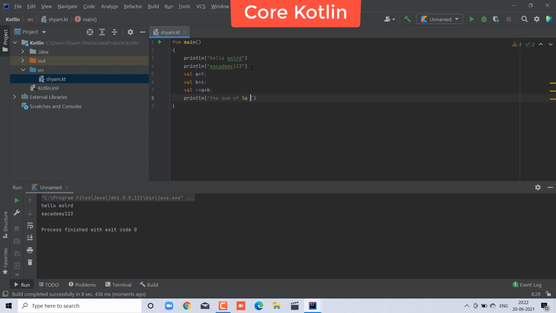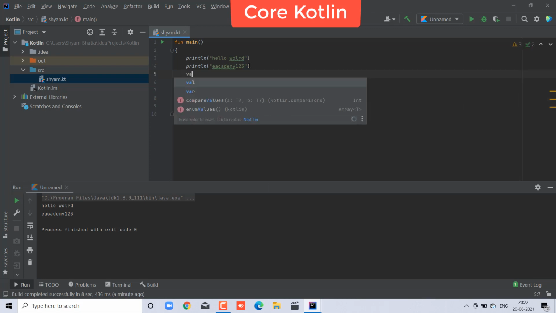So here, the sum of $a, which is the notation for a variable, and $b. The value stored in a and b will be reflected here. The sum of a and b is what? $c. C is also a variable. Okay, this is a very simple thing.